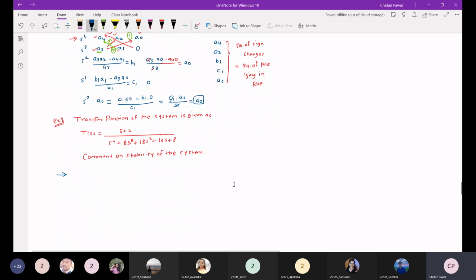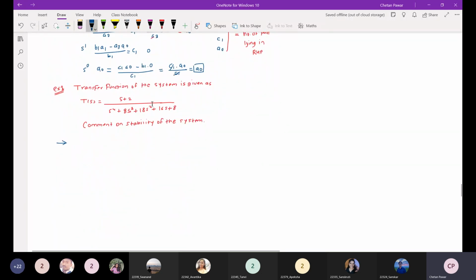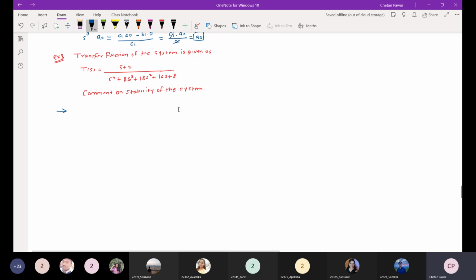Example here. Okay, so this is example number 1. In this, the transfer function of the system is given like this: s plus 2 upon s raised to 4 plus 8s cube plus 18s square plus 16s plus 8. Okay. So what is the characteristic equation here? The denominator of this closed loop transfer function. Okay. So the characteristic equation here is